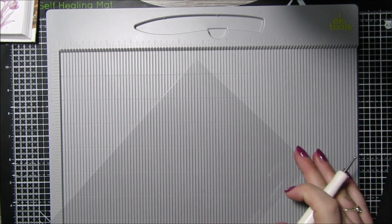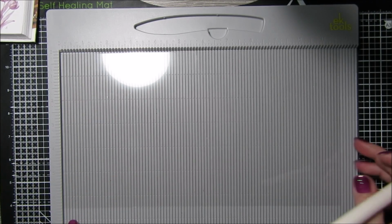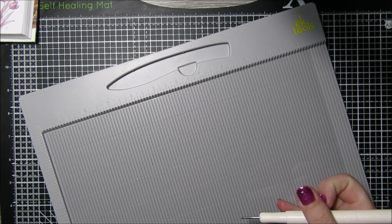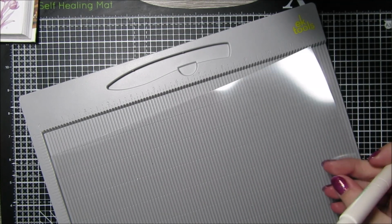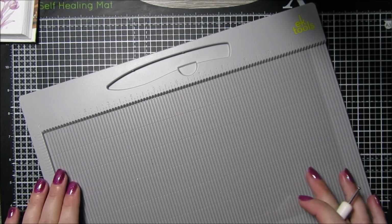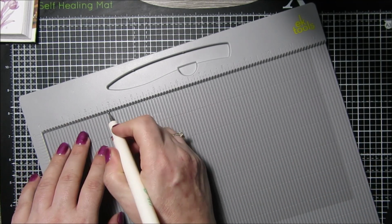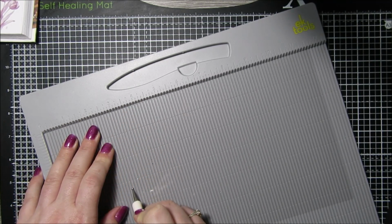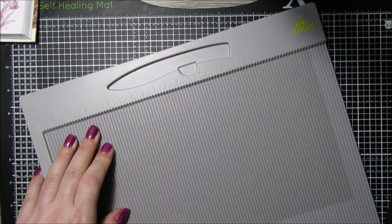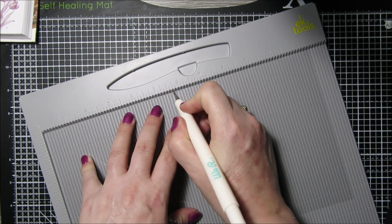You need a piece of acetate, sorry about the glare, which is 6.5 by 11 3/4, and my acetate is 220 micron, which is pretty thick. It needs to have a bit of weight to it, otherwise it's just going to be a bit floppy. So on the long side you want to score it at 2 7/8, and you will need to run up and down it a few times just to make sure it's scored. Then you're going to score at 5 3/4,